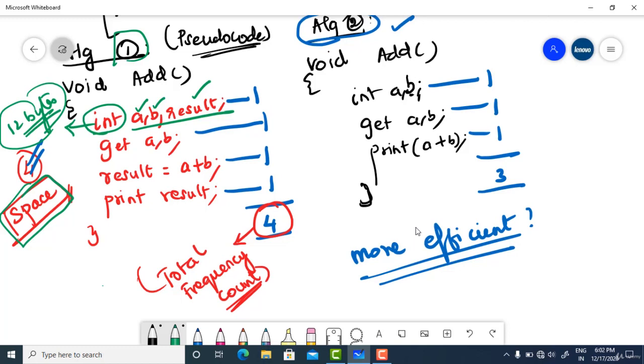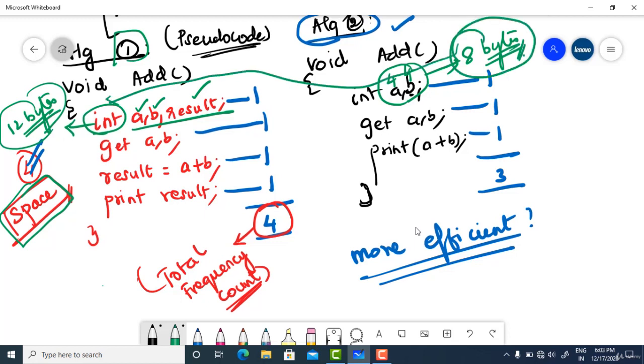Whereas if you check this algorithm, we have only 2 variables, and if I assume that each will take 4 bytes, then this will totally take only 8 bytes, which is obviously lesser than algorithm 1, right? So here it is 12 bytes, and here it's only 8 bytes.